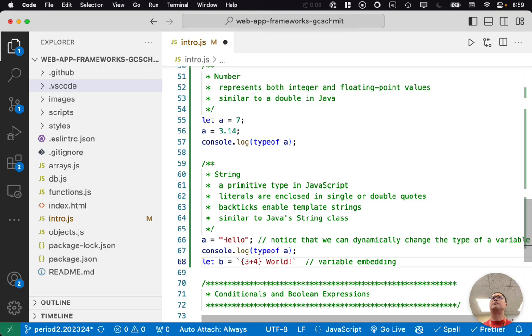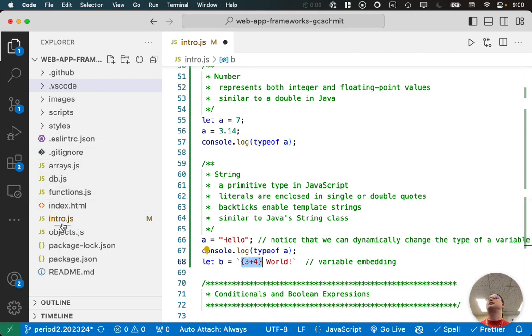The backticks come from, it's very common in Unix scripting, Linux scripting, as a way of executing commands inside of strings. So it's very powerful. By putting the 3 plus 4 in the curly brackets, the way the JavaScript interpreter does this is it says, oh, look, I've got this embedded chunk here. I'm going to evaluate the thing in the curly bracket first. 3 plus 4 is 7. Then I'm going to make that part of the string and print it out. So when I run intro.js,